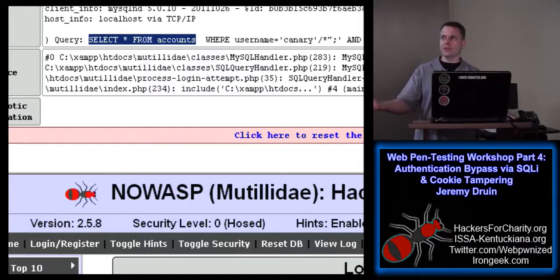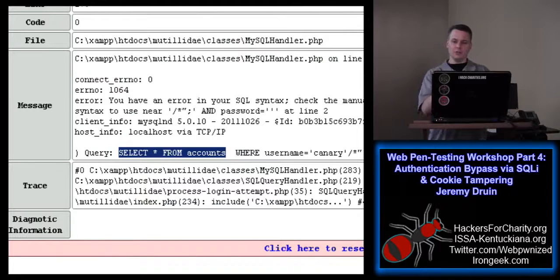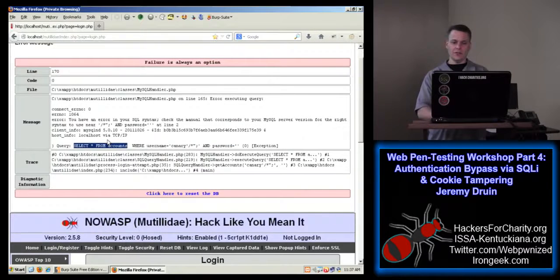The first one or the last one? Yeah, first user or the last user. So let's just see if we can get our SQL to work at least enough to get that much of